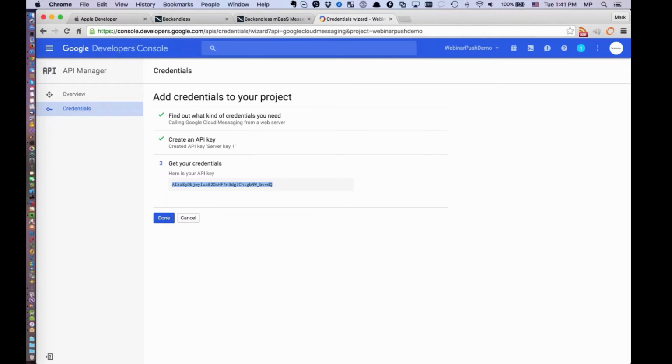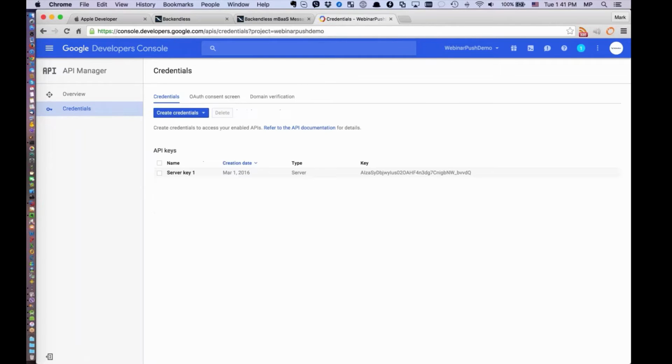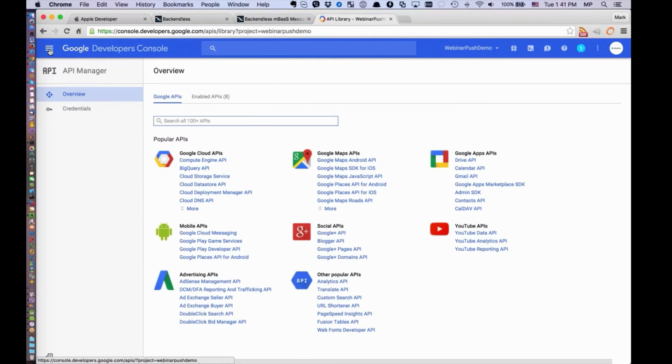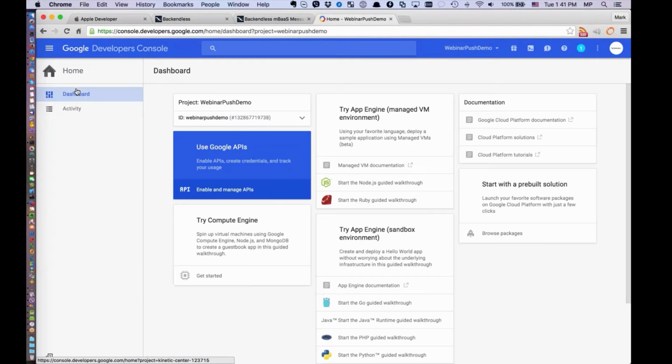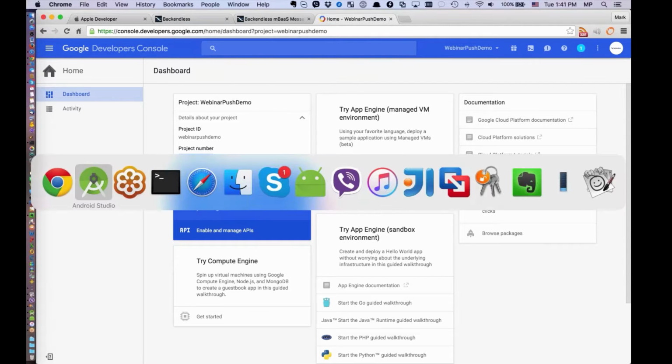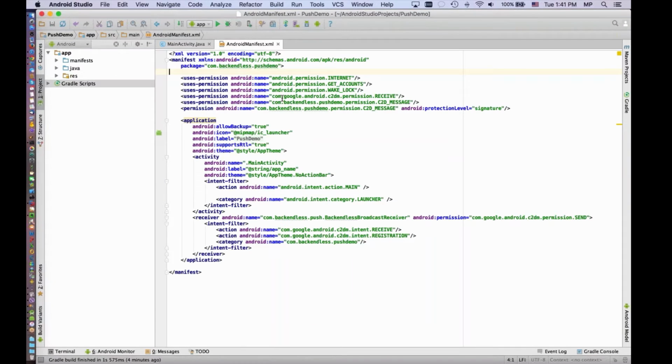But we're not done with the Google project yet. Here we need to return to our project. And right here, our project is Webinar Push Demo. This project number is important, and it is important for the reason that we will be using it to register our device with Google. And let me show you how that would work. So I'm returning back to my code